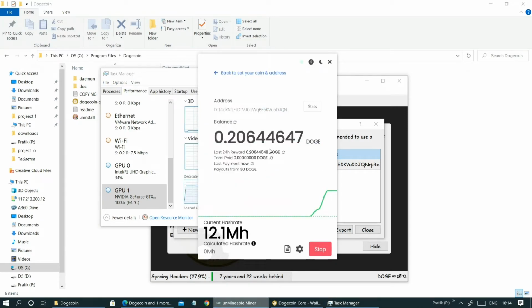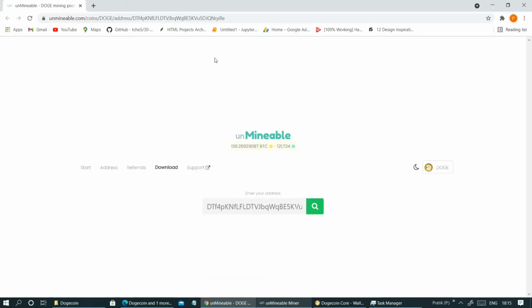To check how much mining is done, you can just click here, and in this website you can check.